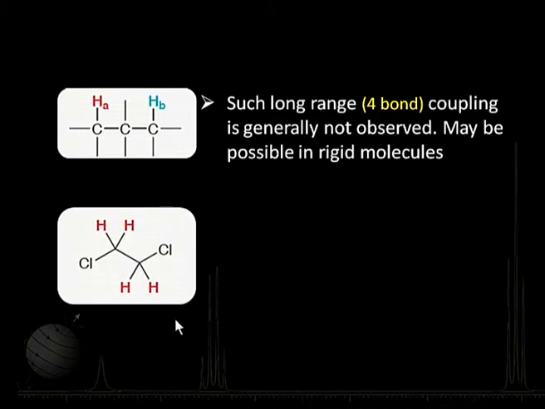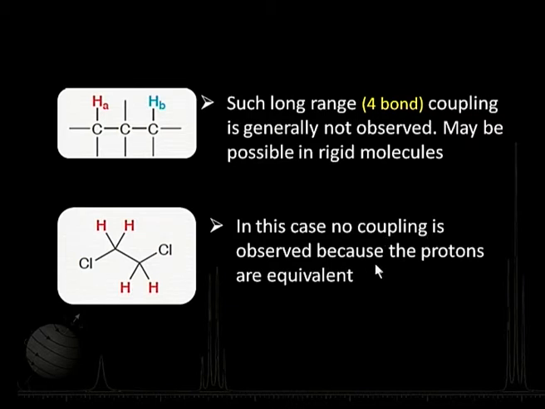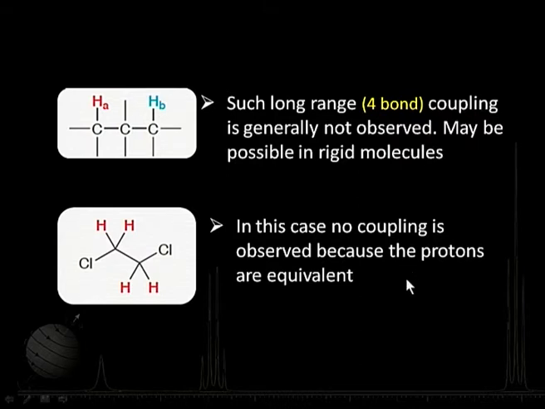Now if you look at this molecule here, this is 1,2-dichloroethane. In this case, these two protons and these two protons are actually related by symmetry. They are equivalent protons, so they will not split at all. So in this case, no coupling is observed because the protons are equivalent here. So, as I mentioned earlier, the basic requirement for the interaction to take place is that the protons must be non-equivalent. That means the protons on a given carbon atom must be equivalent, but the one on carbon atom number 1 and the one on number 2 should be non-equivalent from each other. Okay. So, in this case we do not expect any kind of coupling coming over there.